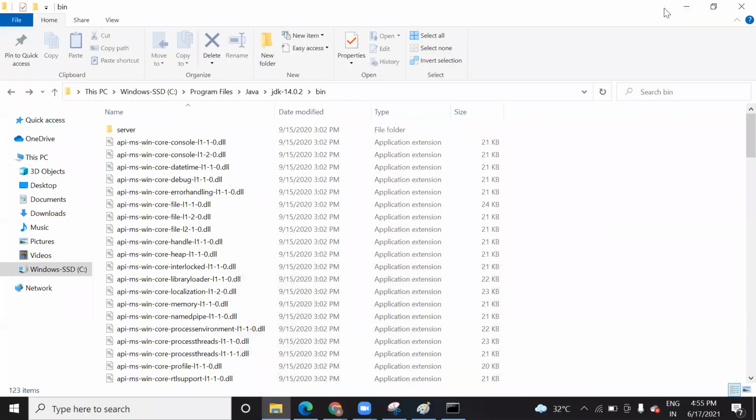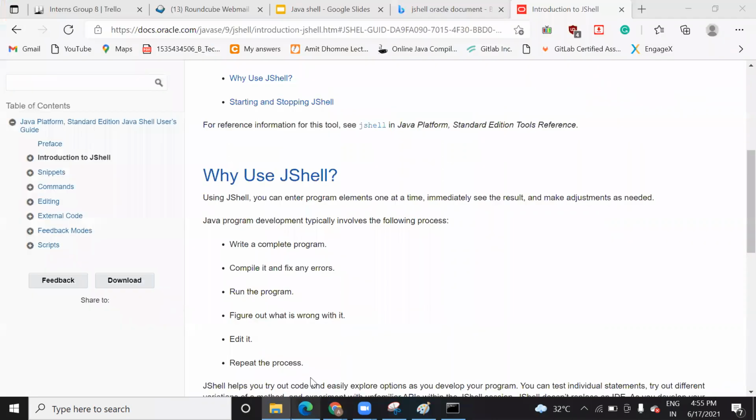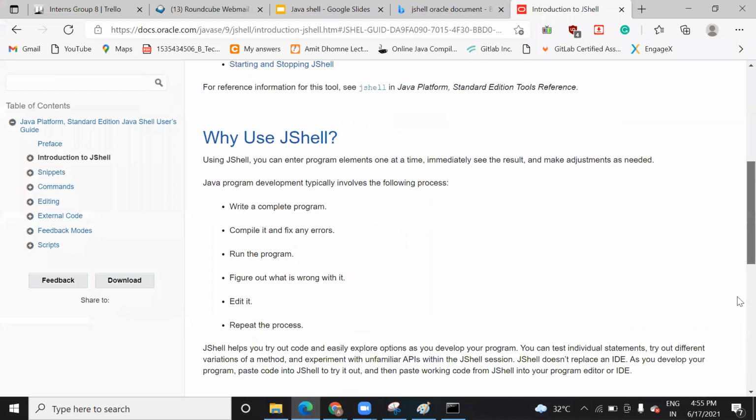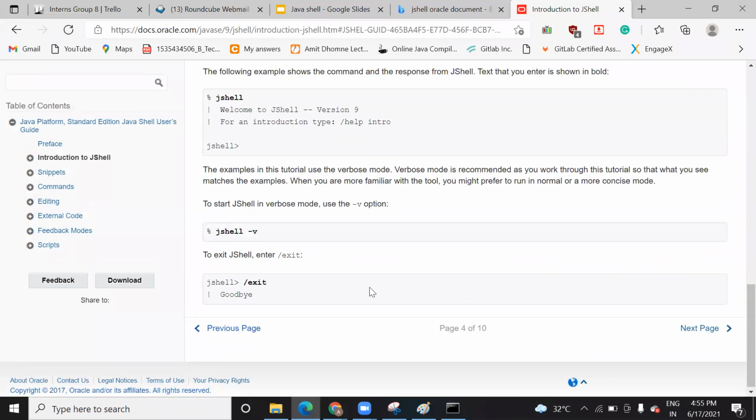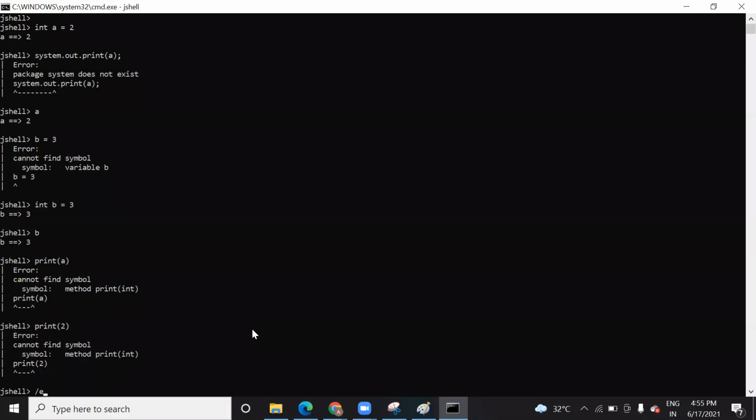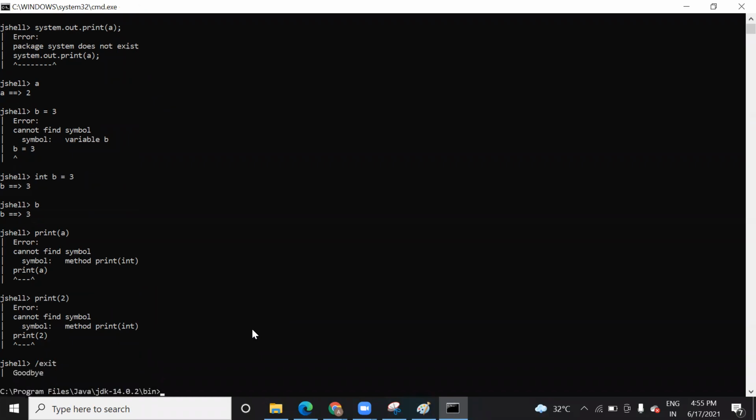Now you can explore more on this, different kinds of things you can explore here. So we have seen what JShell is and what the different functions are, but we just need to explore more on this. Suppose you want to exit JShell, you just need to type exit. See, you can exit out of that. It will show you the message goodbye and you can exit it. If you want to start again,